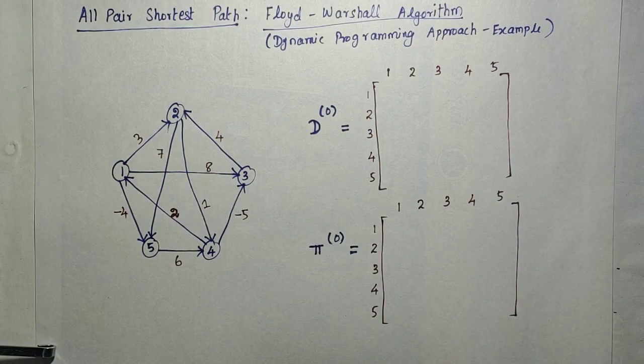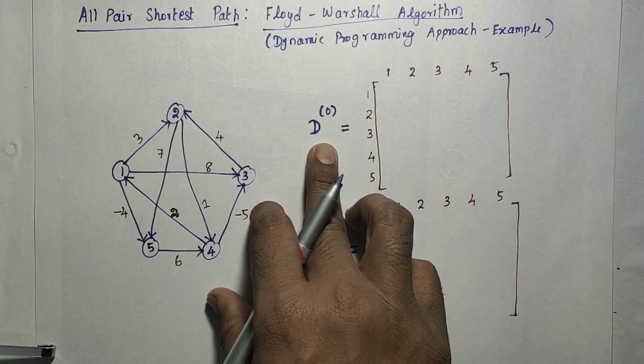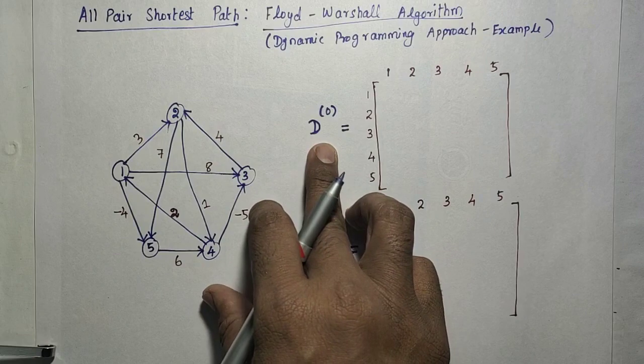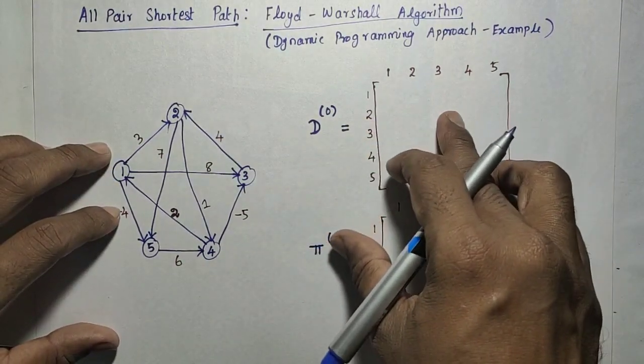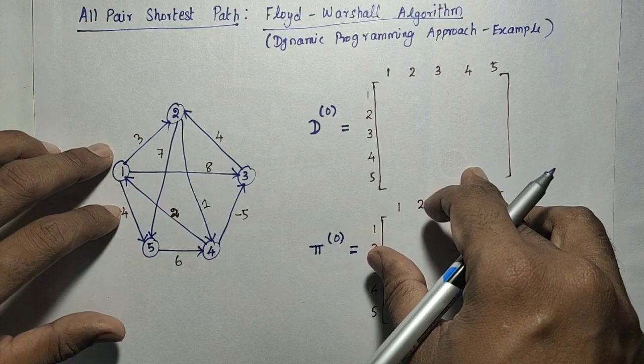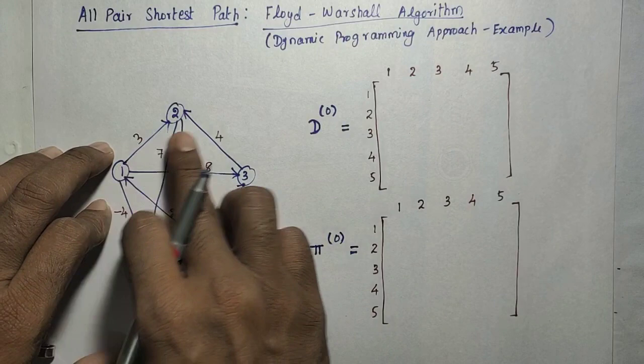For that we are not going to represent the graph as an adjacency list. Instead we are going for adjacency matrices. Here we usually call it the distance matrix D. The distance matrix contains the weight of the edges as values. Its size is n by n, where n is the number of vertices.